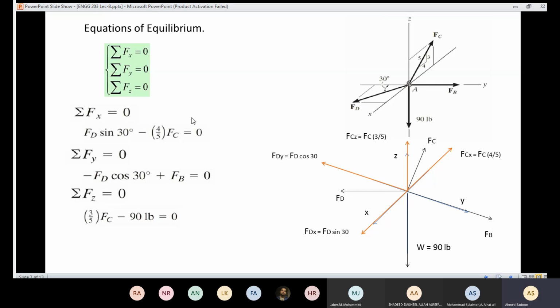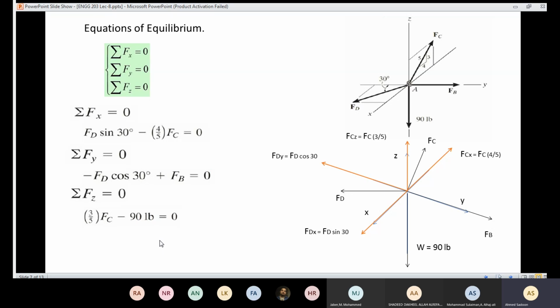So I need to solve that system mathematically. I have three equations, three unknowns. I can't solve them using the math. It has nothing to do with statics. At the end of the lecture, I'm going to remind you how to solve three equations with three unknowns using the calculator. Okay, so let me give you a small tutorial on how to solve the equations using the calculator,